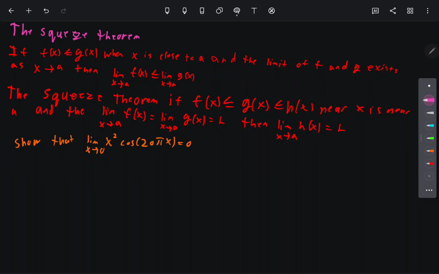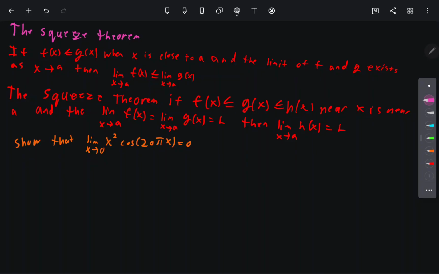If f of x is less than or equal to g of x, which is less than or equal to h of x near a, and the limit as x approaches a of f of x is equal to the limit as x approaches a of h of x, which is L, well then the limit of g of x must be equal to L,